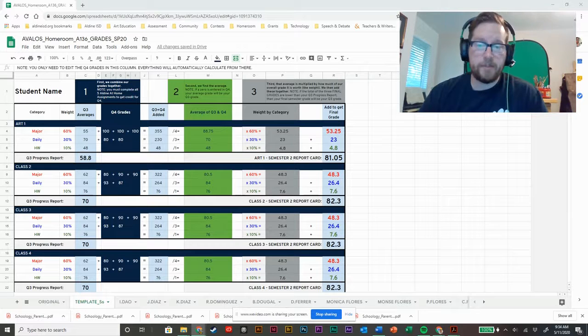They're weighted averages. So we are in the semester system. That means that we have 2 quarters as part of that semester, and you get a report card at the end. It follows the college. It's a little bit different than all the other campuses in the district, with the exception of AVALOS and Victory. So 5 grades, 3 majors, 2 dailies. The majors are 60%, the dailies are 30%, the remaining 10% is going to be the homework grade that carries